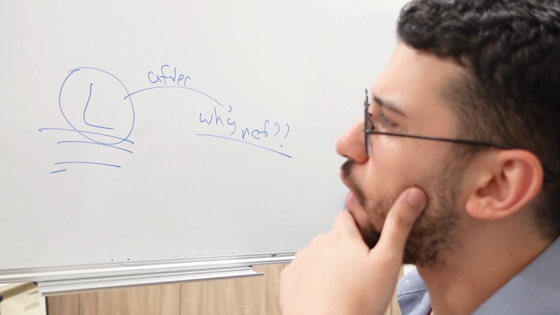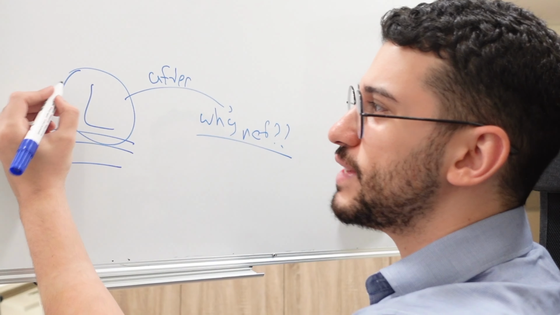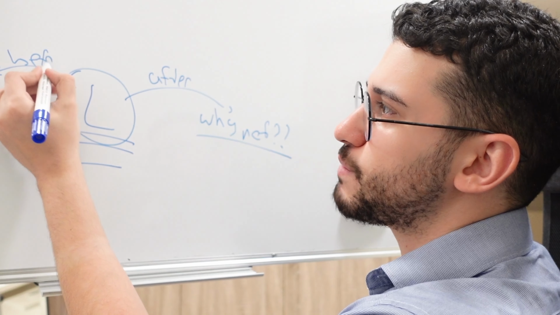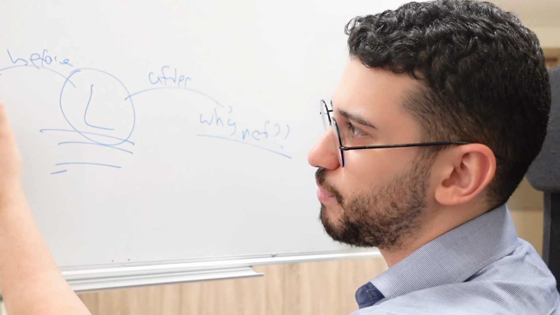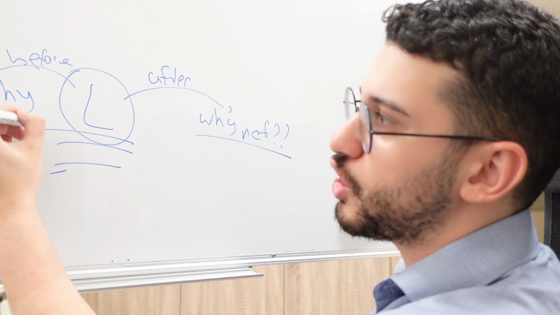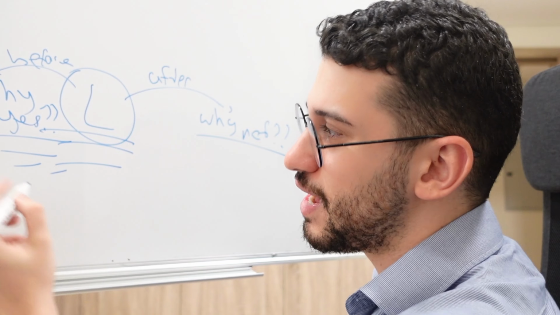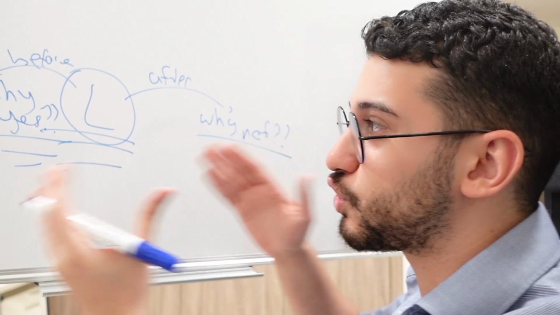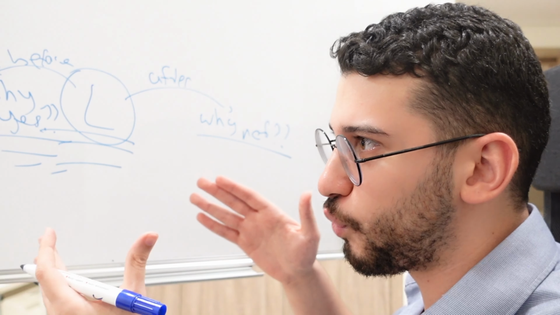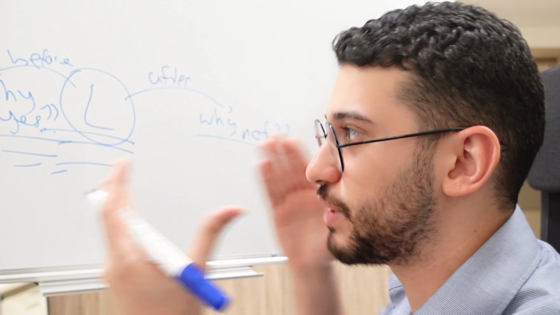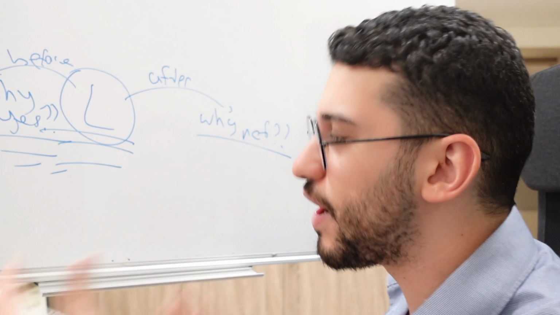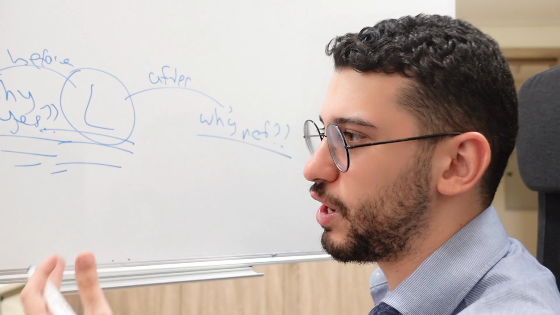I wonder why I couldn't see it beforehand. And the reason why you couldn't have seen it beforehand is because the only question you asked yourself beforehand is why yes. You were only looking for confluences that confirm why you should take that trade. And if you only look for reasons that confirm your pre-existing beliefs, then you will find them. You will find the confluences. You will find why you should take that trade.